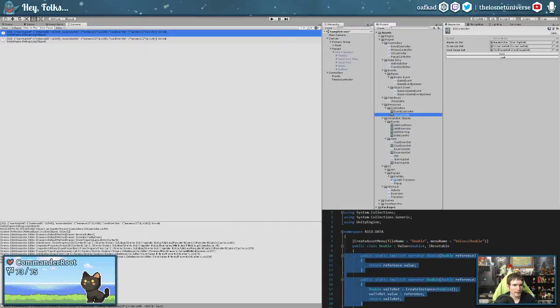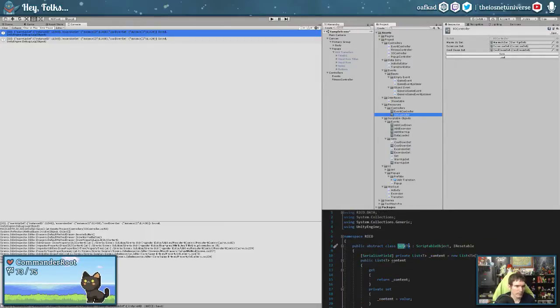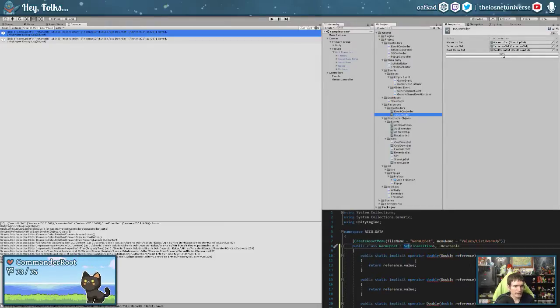Okay, so actually, let's grab this again and compare it, because I've never actually done this with lists or sets or anything like that before. So the two things we have are the thing that it inherently is, or what it's trying to be, which is a set. When we look at contents, contents is a list of T. So we have a list of transition, and we are giving it a set transition, and that's content. Did that work?